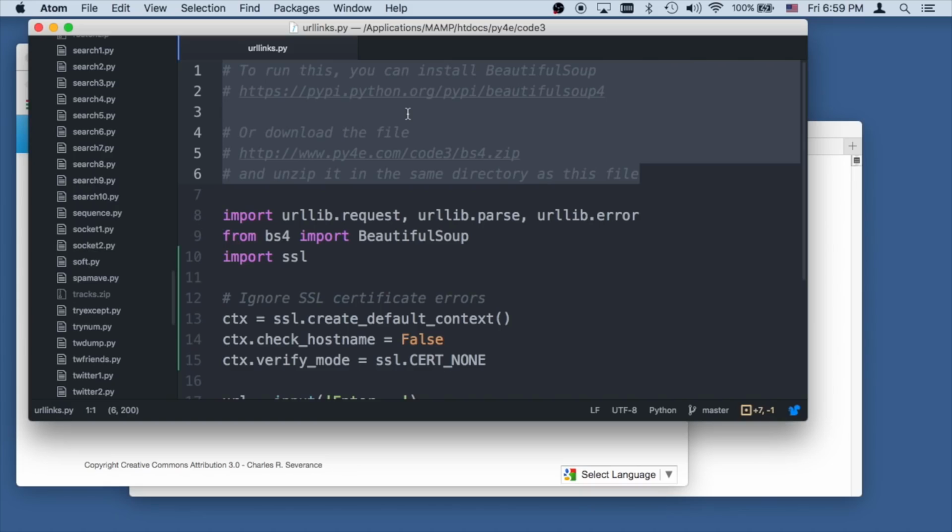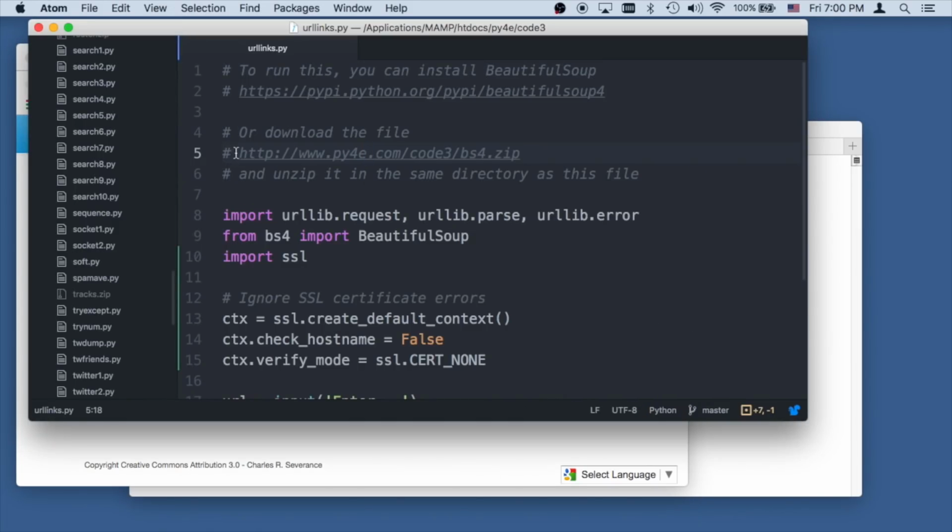And so one way to do it is install it using Python install process to install this Beautiful Soup for all Python applications. And if you are the owner of your computer and you're going to use Beautiful Soup a lot, it's a fine idea to do that. But I want to show you a simpler way that if you don't own your own computer and you just want to make it so that Beautiful Soup works, you can download this file